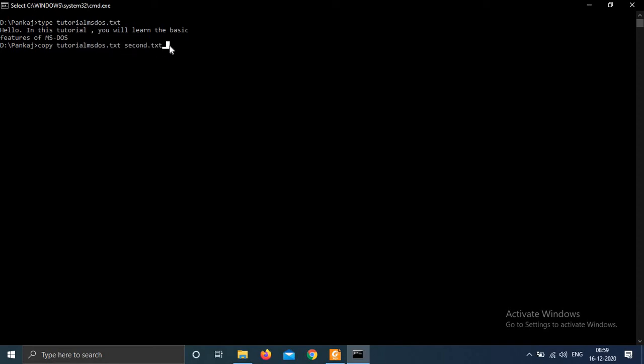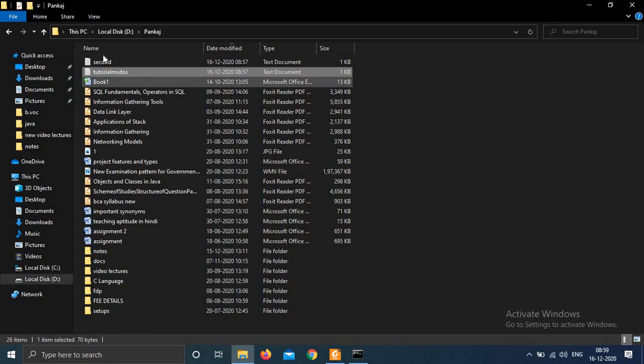Press enter, and you can see the message one file is copied, and here you can see I have created another file, that is the second file.